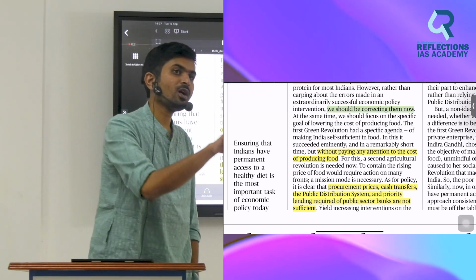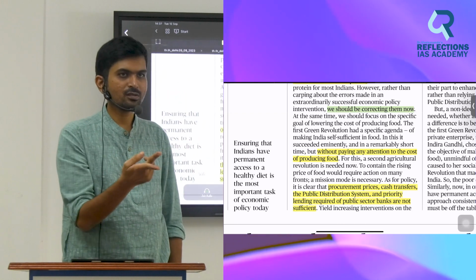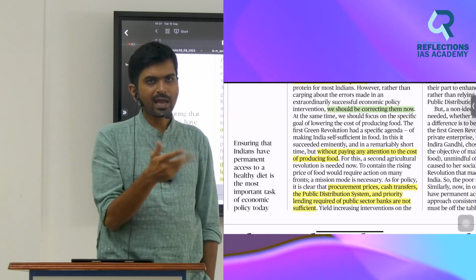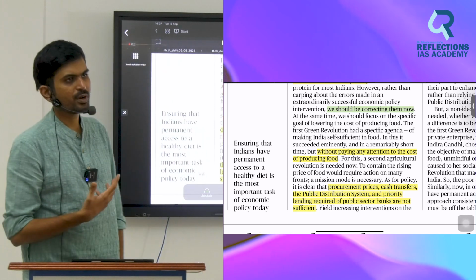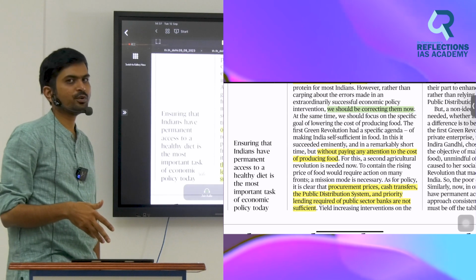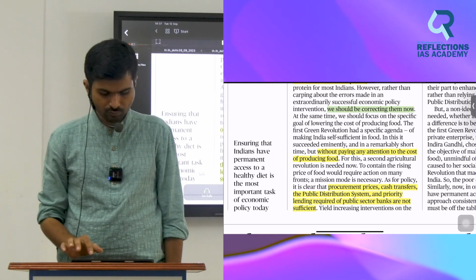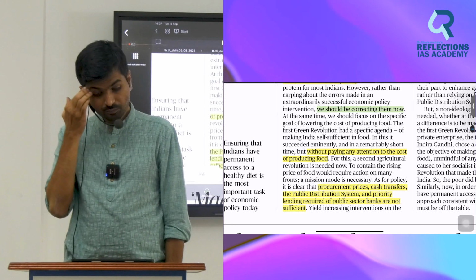But it should also be what? Sustainable or organic. So these are all the clauses. You can happily write a mains answer based on the same points only. Nothing new is there. In 1960s we made mistake. In 2023 what should we do? Avoid the mistakes. That's all. Okay, next.